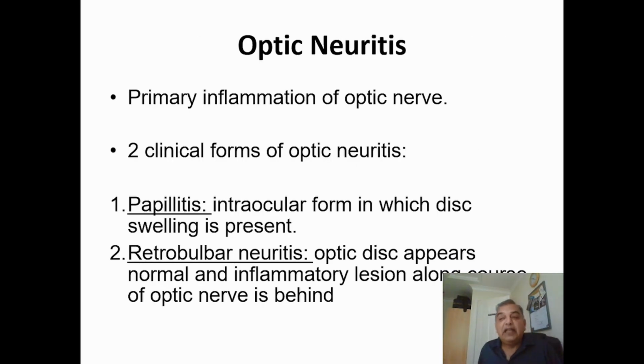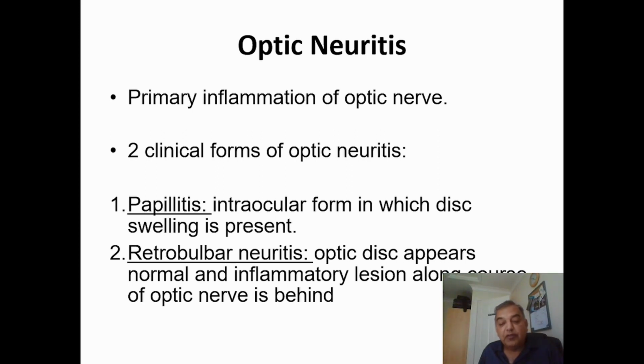Papilledema, interestingly, is bilateral. It'll be very rare that papilledema is unilateral, and papilledema is not accompanied by vision loss. That's how you distinguish between papilledema and optic neuritis. Optic neuritis is a primary inflammation of the optic nerve. There are two forms: papillitis, where the disc swelling is present, so it's the papilla or the optic nerve head